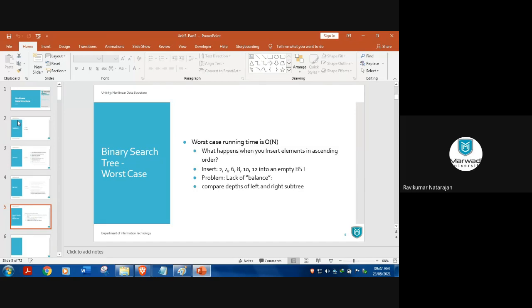If I convert this one into a tree in this way, left and right and all, this entire height will be minimized. Is it? Yes or no? So in that aspect, the searching steps might be minimized. I don't want to do 6 comparisons. I might get it in 2 or 3 comparisons itself. That's what we're going to do. We're going to do height balancing.